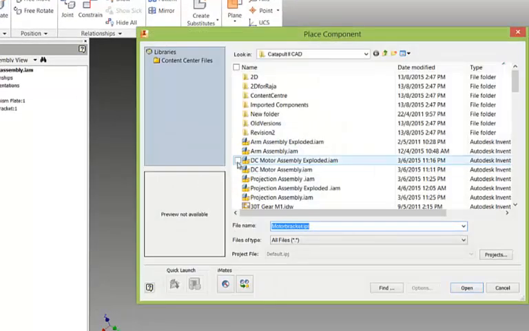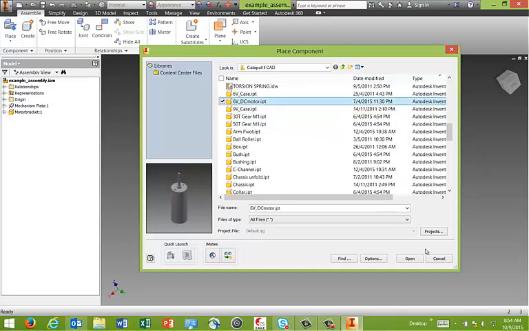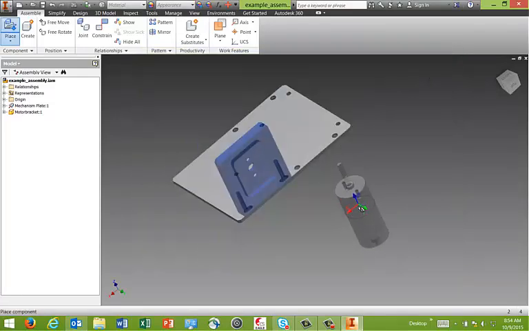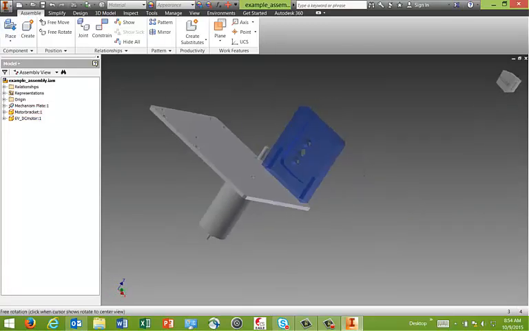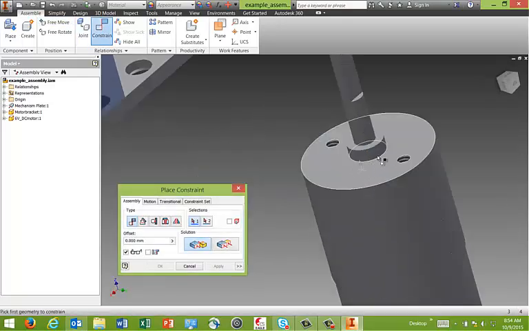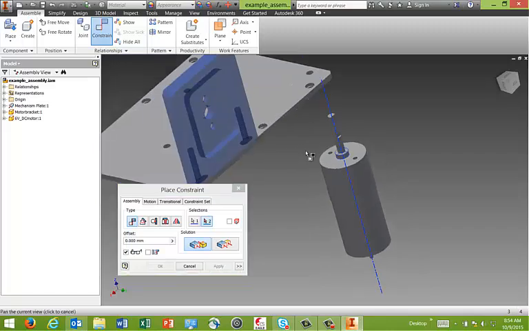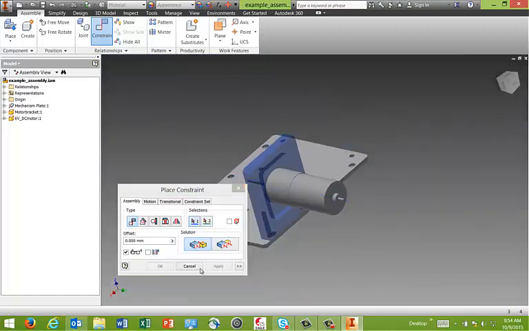Okay, I could click place and let me assemble the 6 volt DC motor to it. Let's say 6 volt DC motor, and I want to attach this 6 volt DC motor to the motor bracket. And how I could do it is I could constrain the axis to this, I could apply,